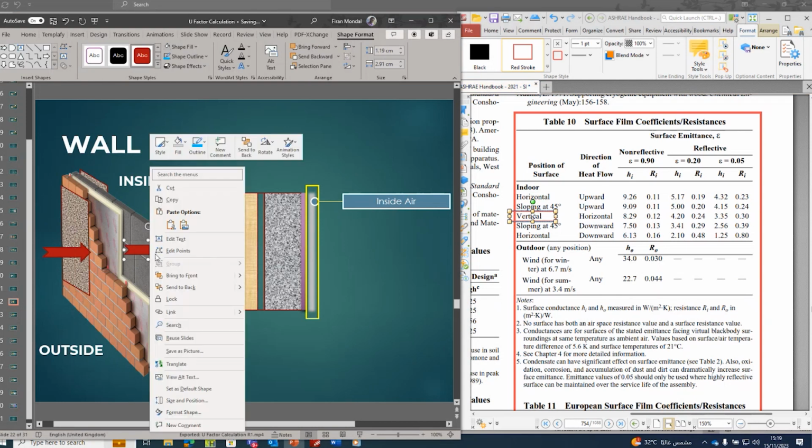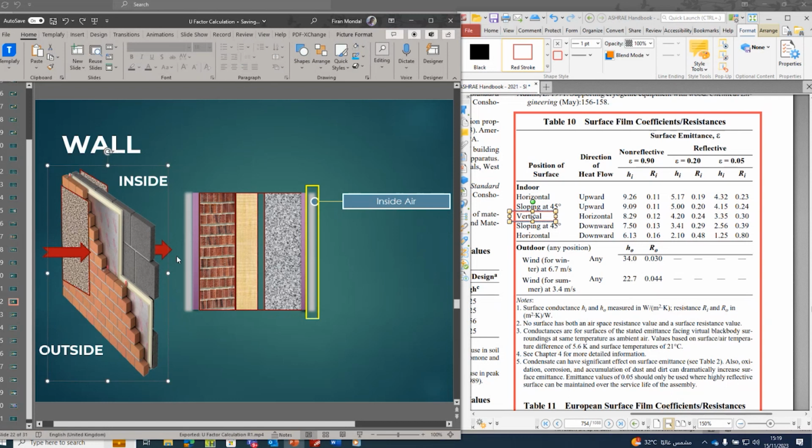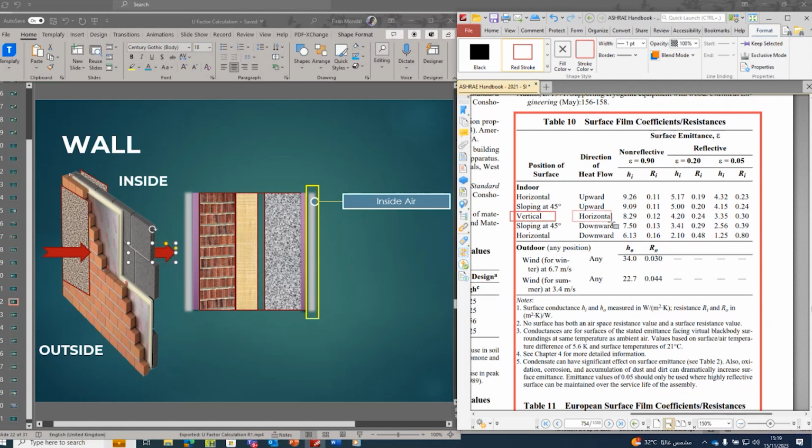So the outside temperature is hot and the inside temperature is comparatively less. So there will be heat transfer from outside to inside, and the heat will flow horizontally. So we select the direction of heat flow as horizontal. Now we consider a non-reflective surface. So the resistance of the inside air will be